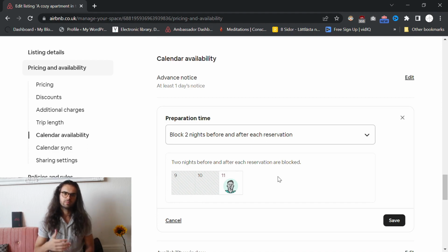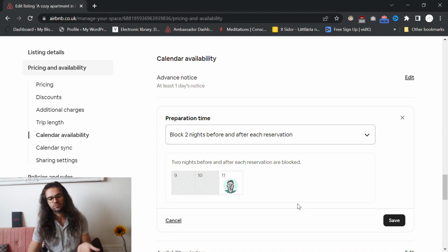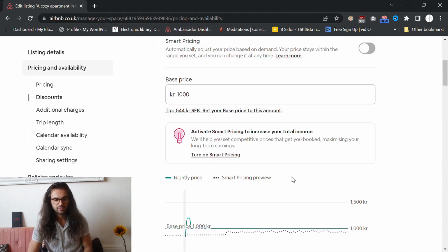So if the person books your apartment or place and you really need to lay low or you need to rest for a few days, this is the perfect option for you. Do not forget that at the same time, the moment a person books in advance, you can go back to the calendar,